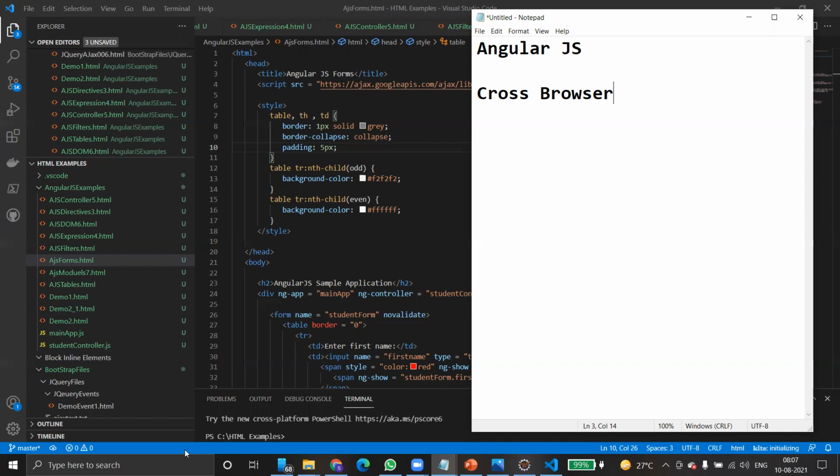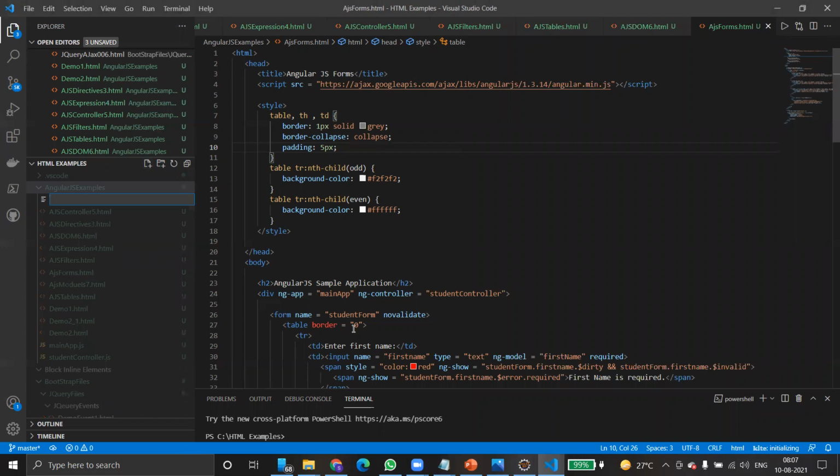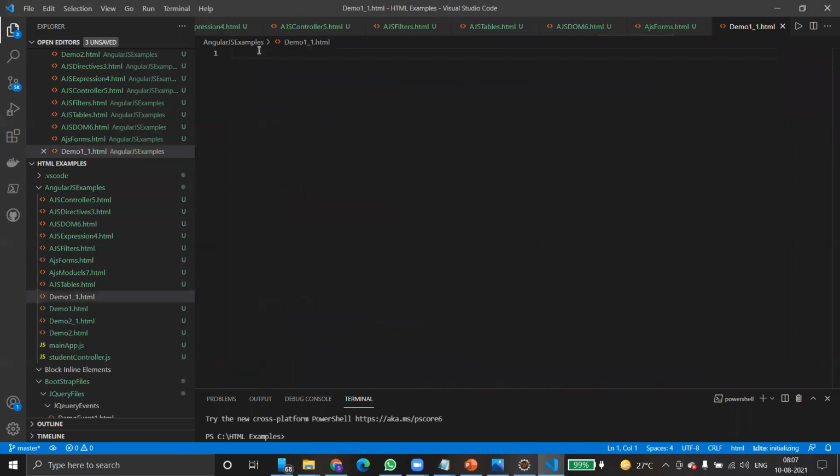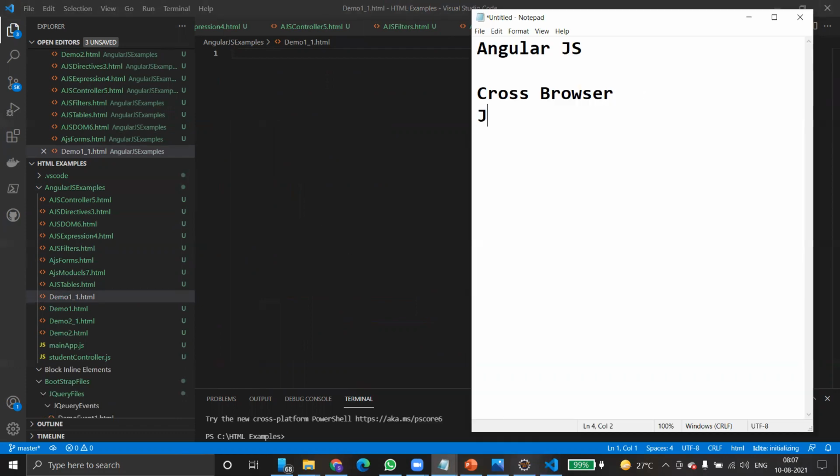So I'll write a very simple program. I wrote a very simple program here, an .html file, very simple code. You know, right? Most of the frameworks, including jQuery, and then one more, Bootstrap.